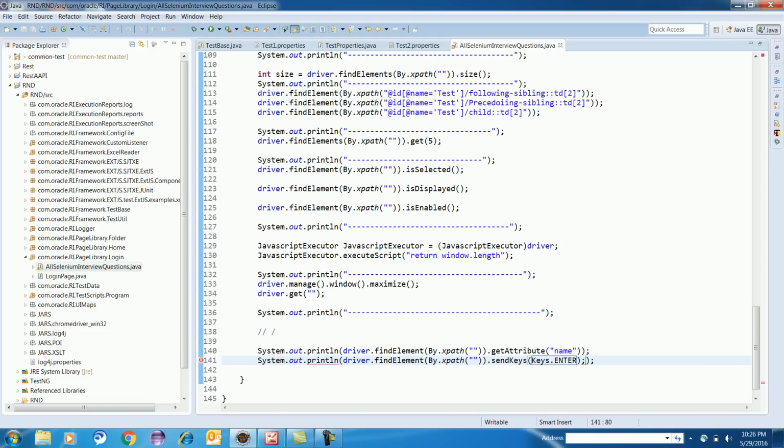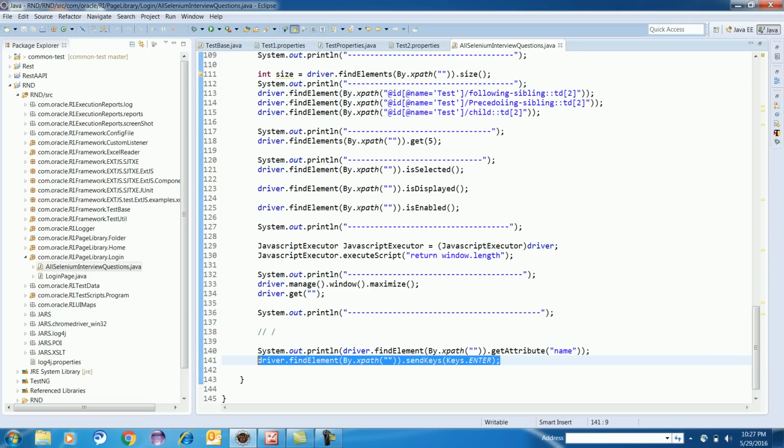So this will also do the same job. Instead of entering the username, entering the password, and clicking on the submit button, even this will do the same job. So we can write sendKeys with Keys.ENTER.